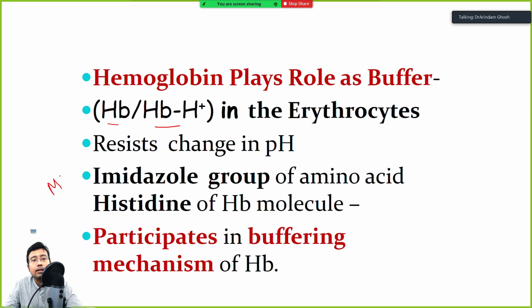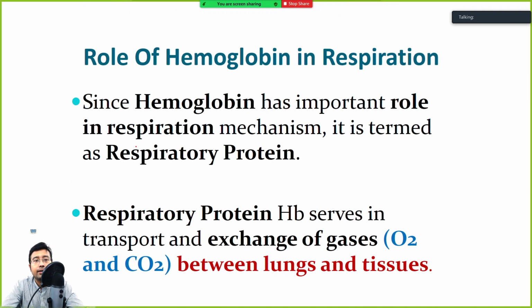This is the main answer. Okay. So hemoglobin, very important physiological buffer, acts as first line of defense, just like other buffer, bicarbonate buffer. How does hemoglobin act as a buffer? Due to the presence of histidine. So what is present in histidine? It is the imidazole ring that can help in proton donor and proton acceptor, right?